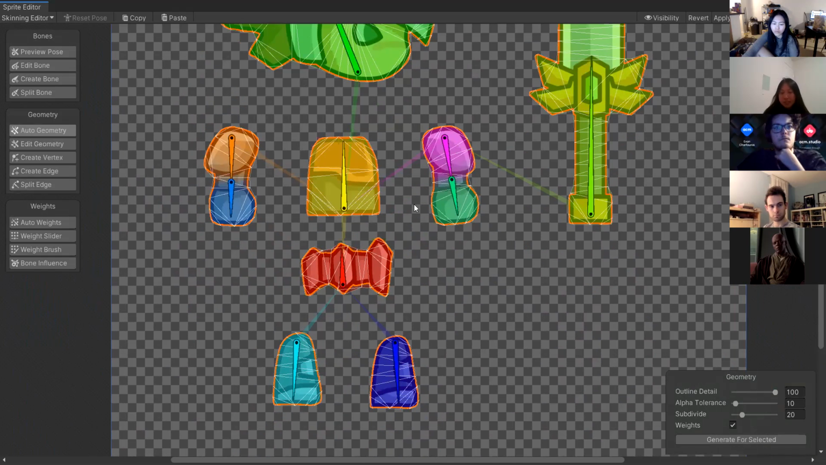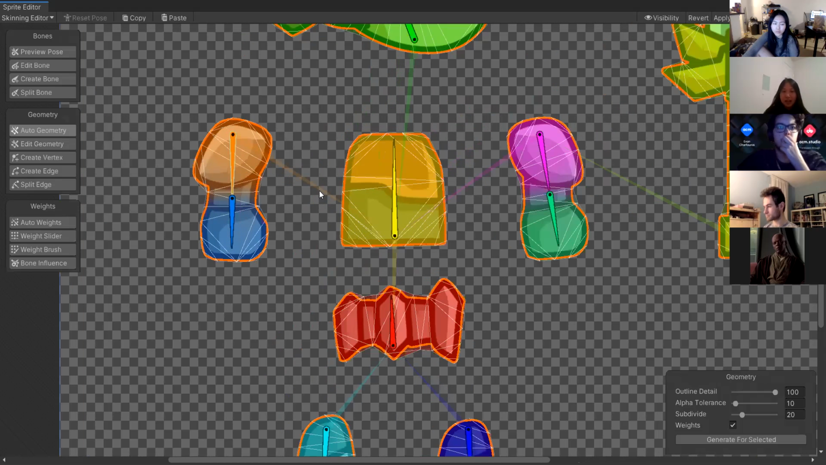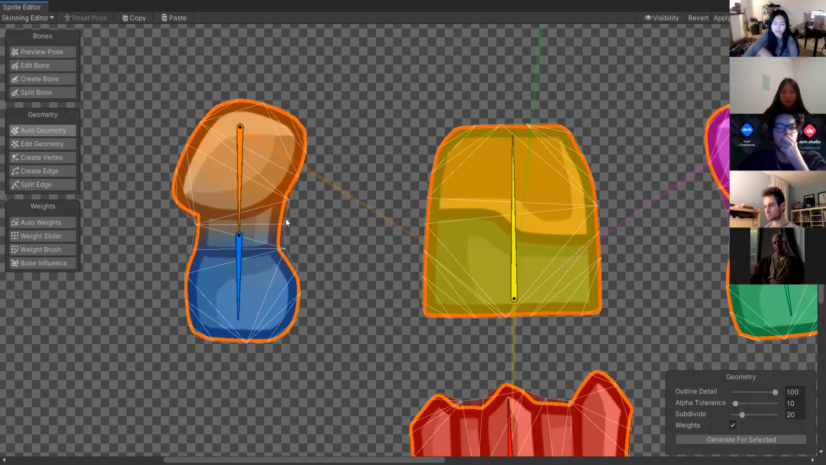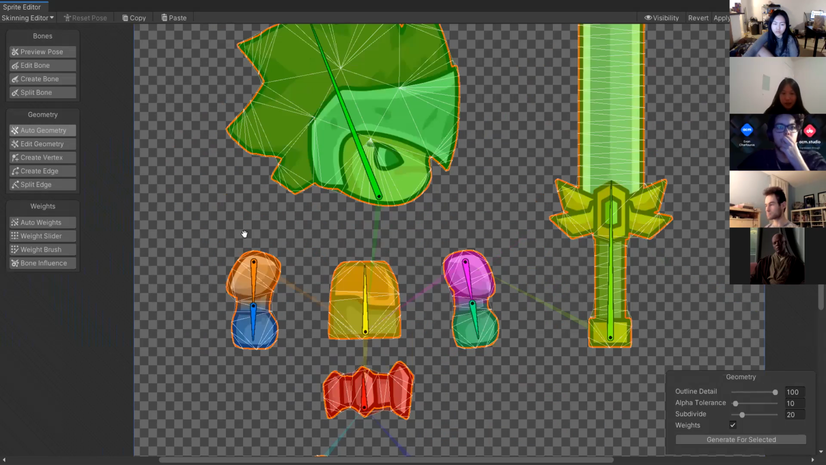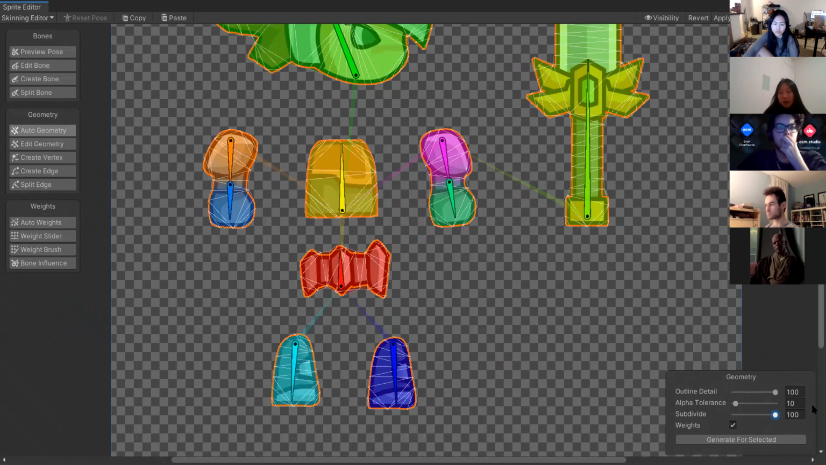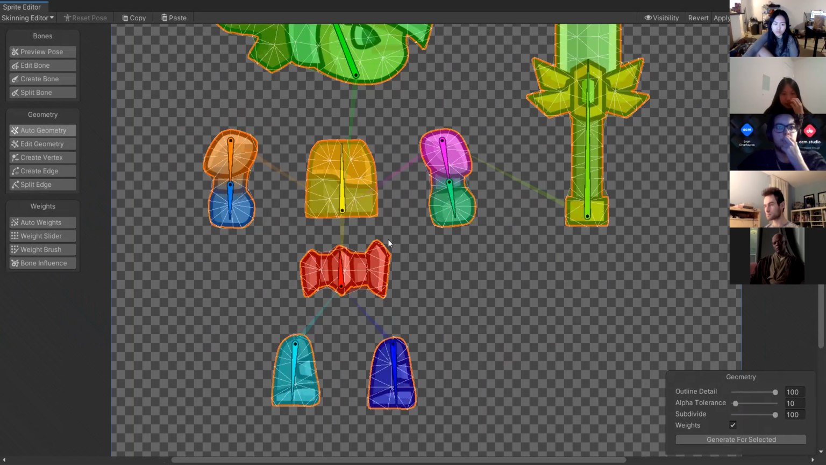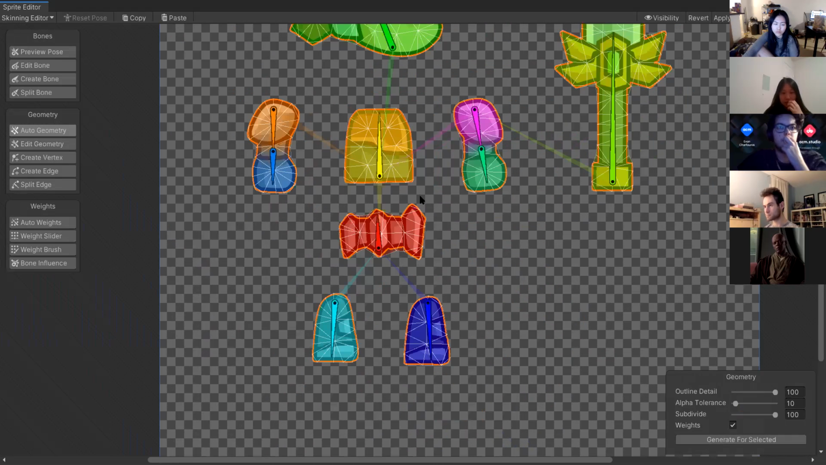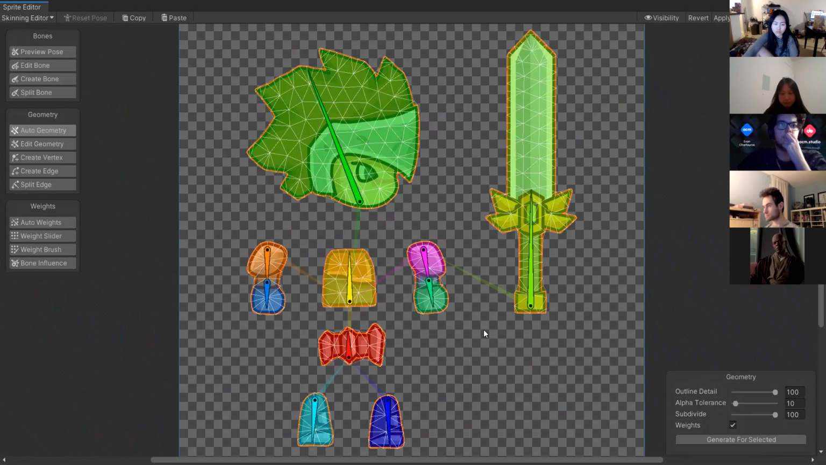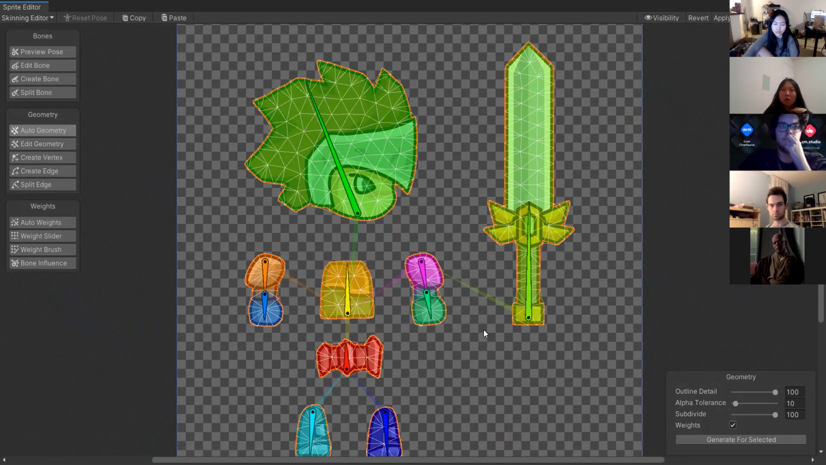Subdivide is the same thing. It just deals with how accurate the inside, like the lines drawn inside, are. So you have the vertices, which make up the outline, and then you have all the edges that make up the actual model and geometry itself. So if I set the subdivide up to like 100, you should see there's a lot more geometry